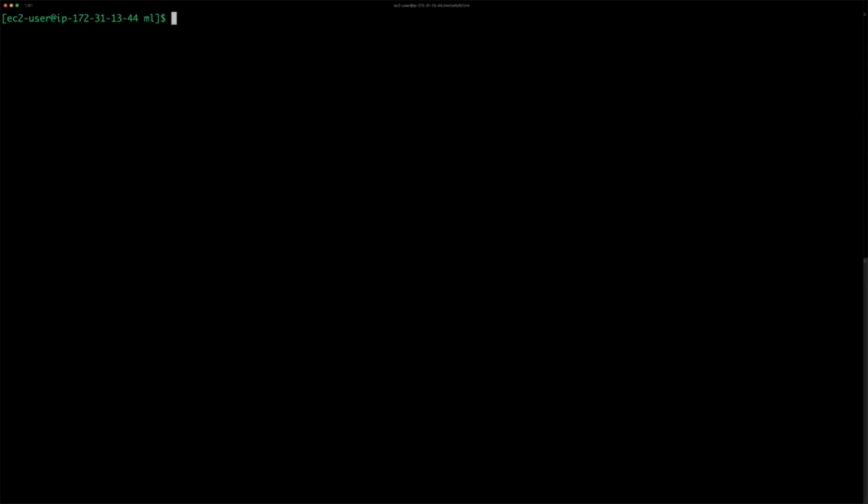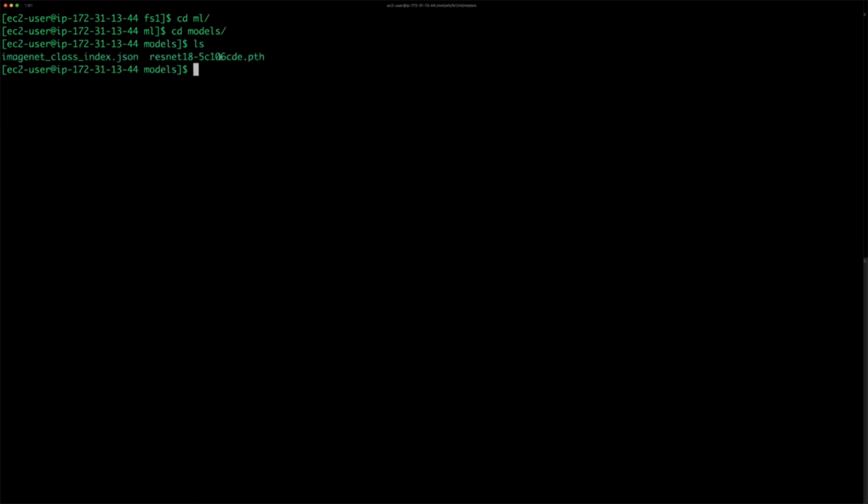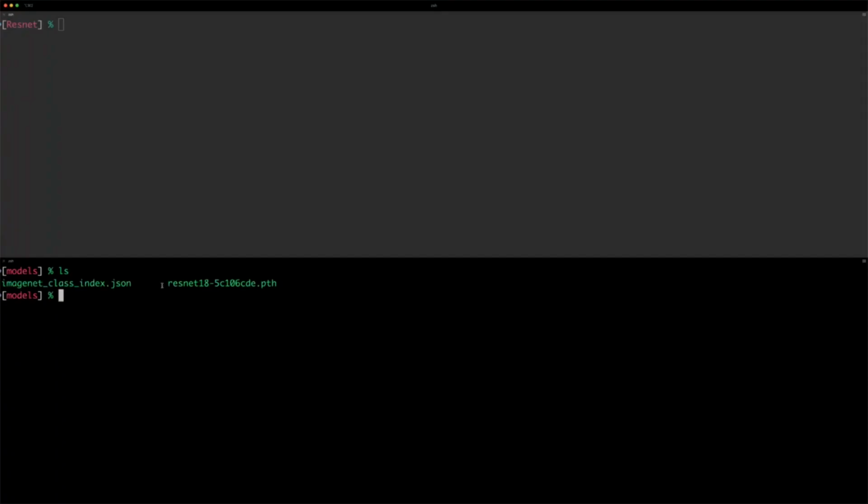Now, the next step is to basically move our fully trained model into a directory called models. Now, you see the ResNet file here. It is exactly the same file that you see here. So I have simply done an SCP to move this file from my local file system, along with the label file, into